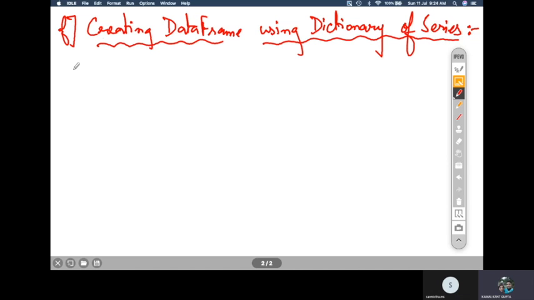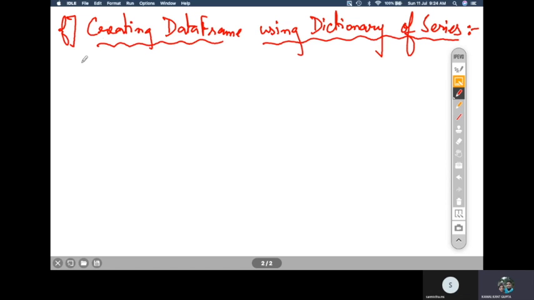Let us, for example, make this one as series. Let us calculate the marks obtained by 3 or 4 students in different exams, say unit test 1, unit test 2, half yearly and annual.